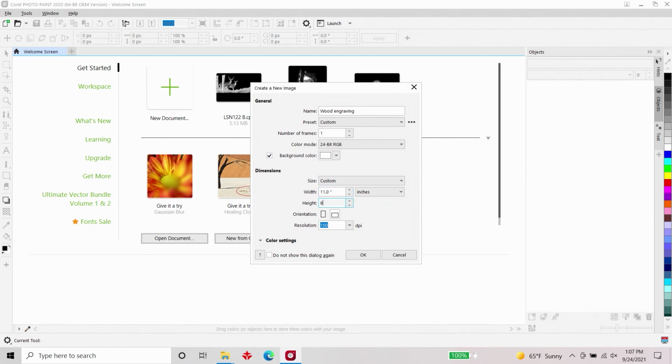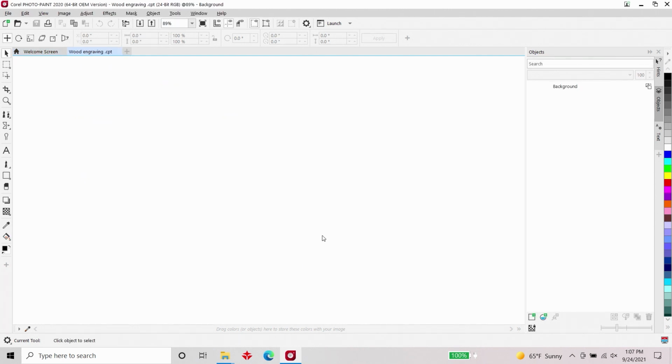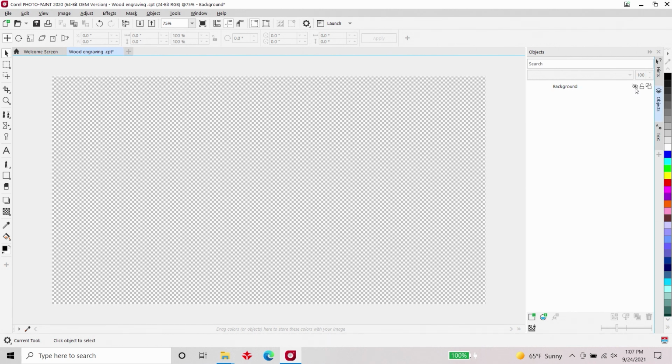And just like with all of our other photo engravings, we want our resolution, or DPI, to be 150. And I want to go ahead and hit OK. Now, when you're dealing with a white background, sometimes it's hard to see that background edge. So if we see our layer here on the right-hand side under our objects docker, we can always turn off our view of that, so we get this checkered view. And this helps out a little bit more on being able to see our image and everything like that. Turn that back